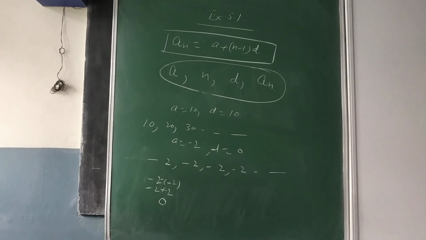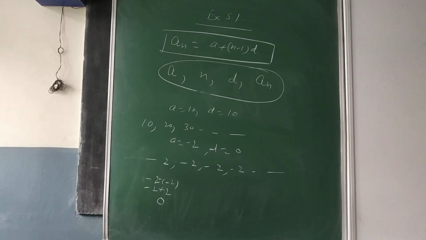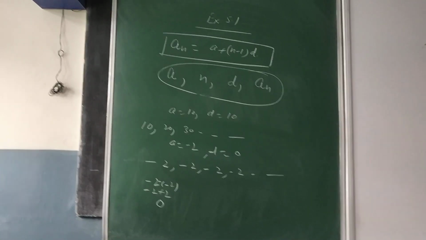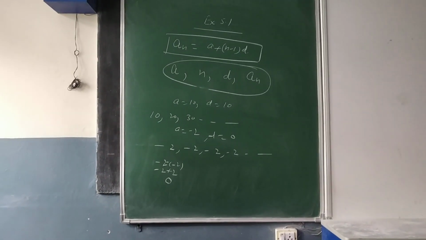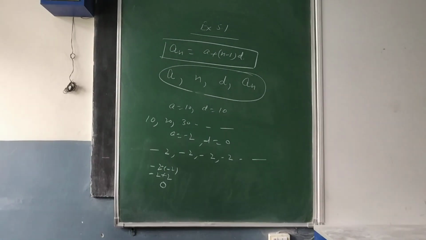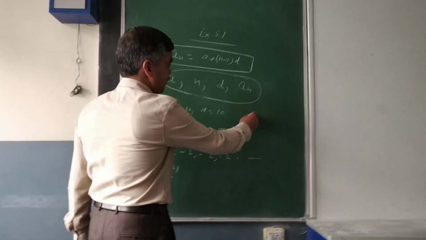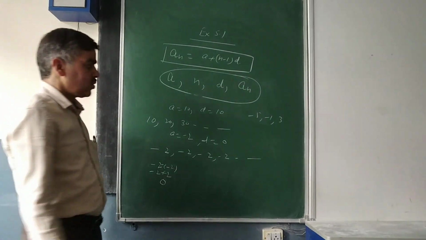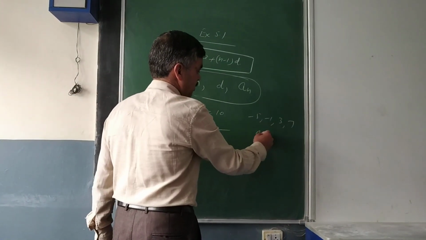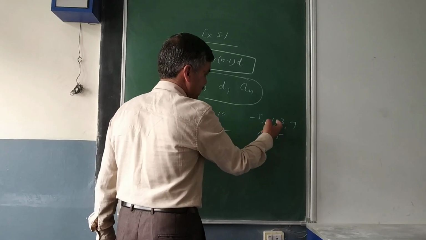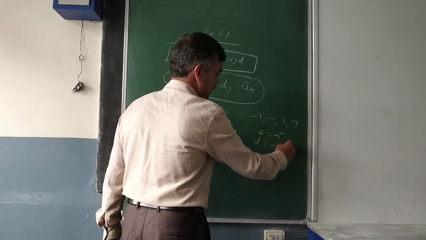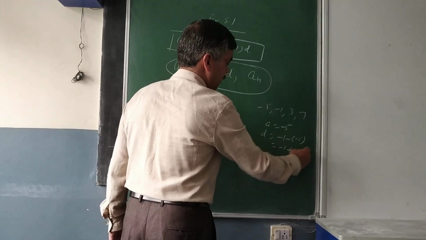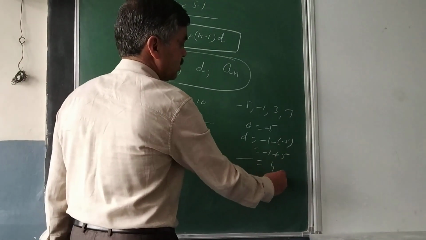In the third question also, what you have to do is, for the following APs, write the first term and the common difference. So the first term, like in the first, is 3, so the common difference is second minus first, 1 minus 3, which is equal to minus 2. Like in the second part, it is minus 5, minus 1, and then 3 and 7. So it is given. So your first term here is A, which is minus 5. So what is D? Second term minus first term, minus 1 minus minus 5. So minus 1 plus 5. So do it very carefully. So that is equal to 4.